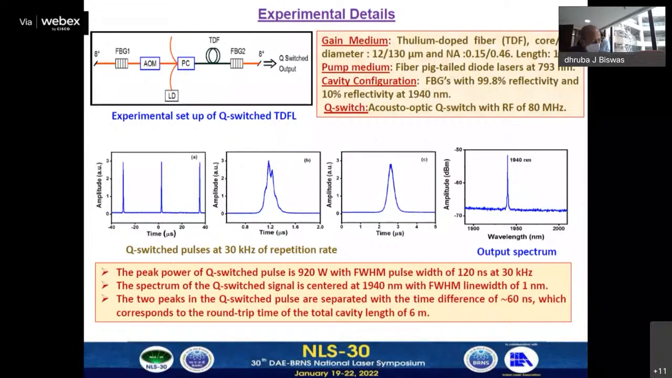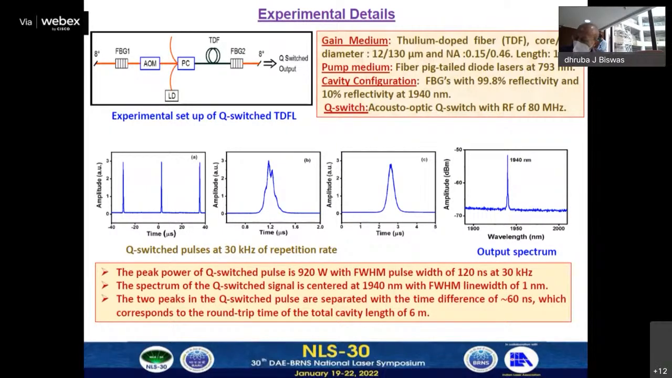While generating the pulses, we observed that in a single pulse, multiple peaks were present. These multiple peaks were because of the feedback from the end of the fiber. When the ends of the fibers were angle cleaved, we observed that we could obtain a clean pulse. The spectrum shows